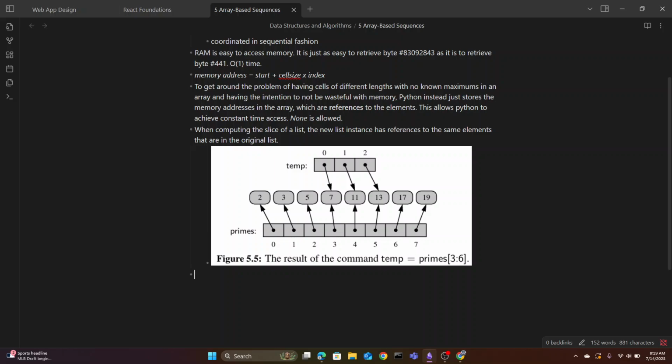When the elements of the list are immutable objects,